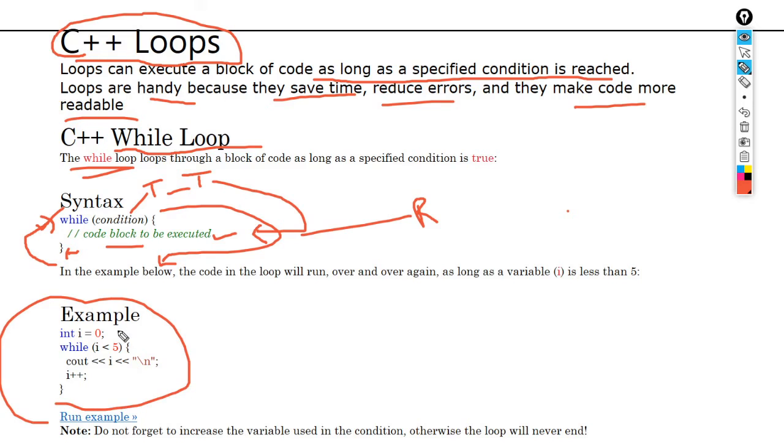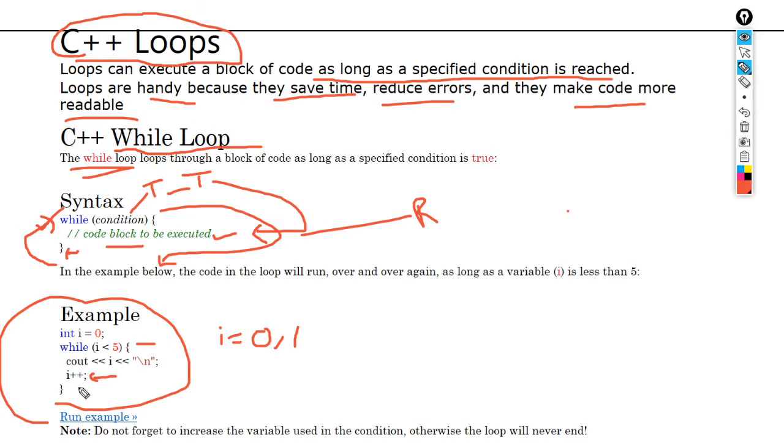int i equals 0, while i is less than 5, cout i. That is, i is 0 first, right? Now i is printed as 0, then again it will come here, it will do i plus plus, and make the value of i as 1.